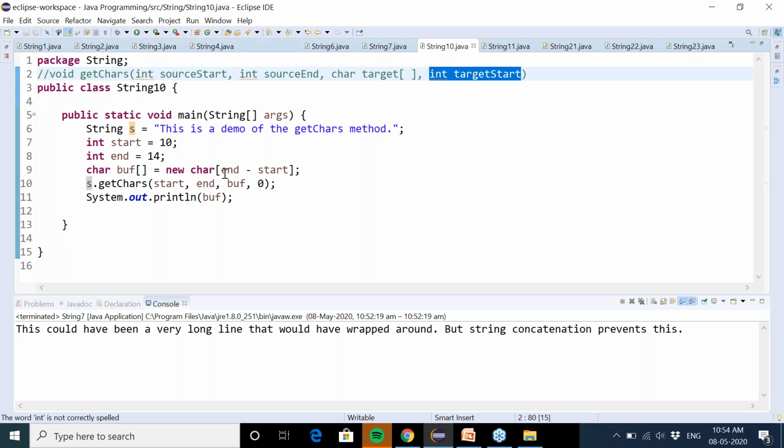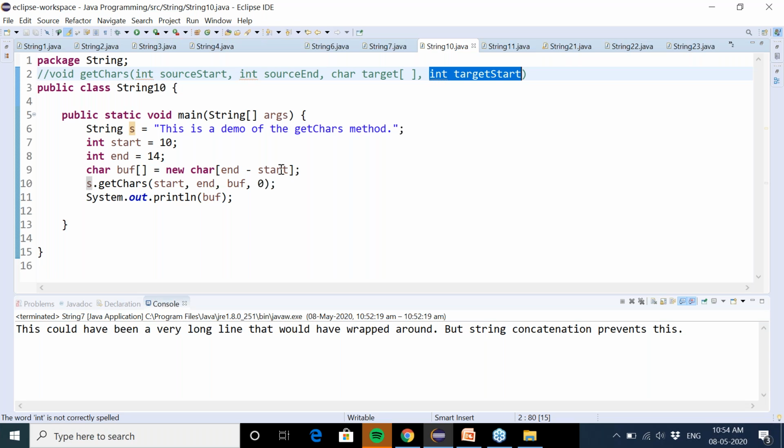End is 14, start is 10, so 14 minus 10 is 4. So this is a 4 element array buffer, and I want to store 4 characters in it, where I will copy this "demo" starting from buffer index 0. So this position is 0. That means starting from the 0th position, I want to store the string in the buffer array.